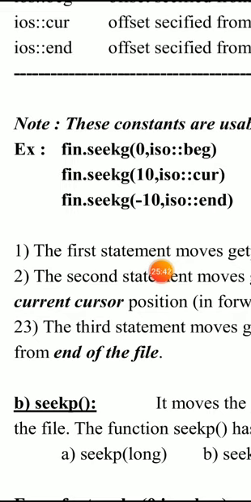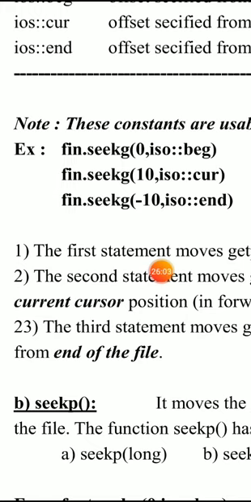If you want to identify the get pointer position from the beginning of a file, 0 indicates that you want to read contents of a file from the beginning, so you place the get pointer at the 0th position, that is the beginning position.